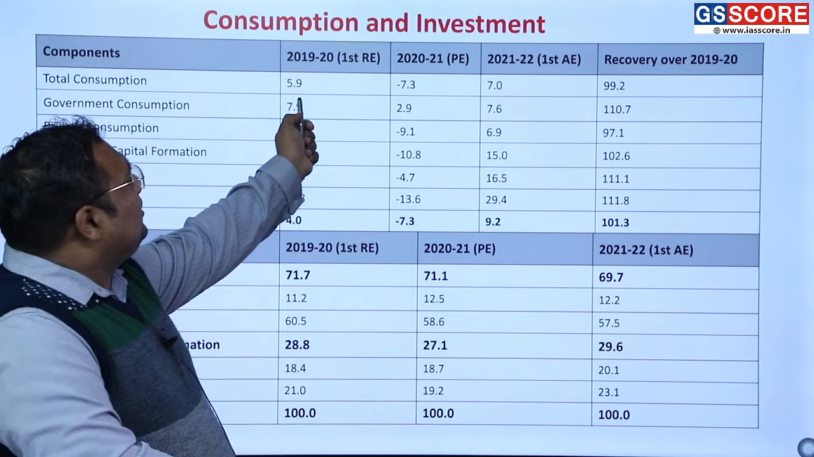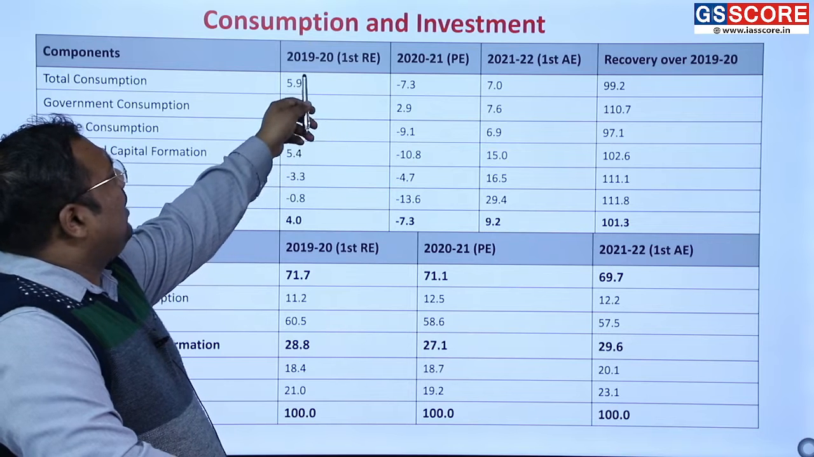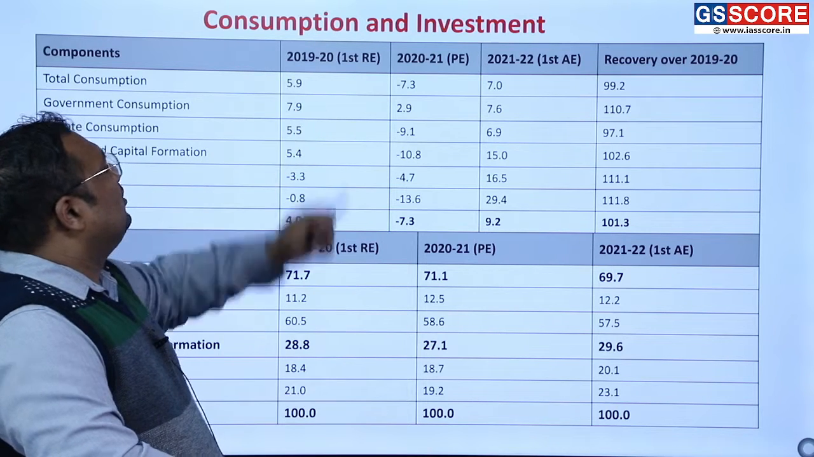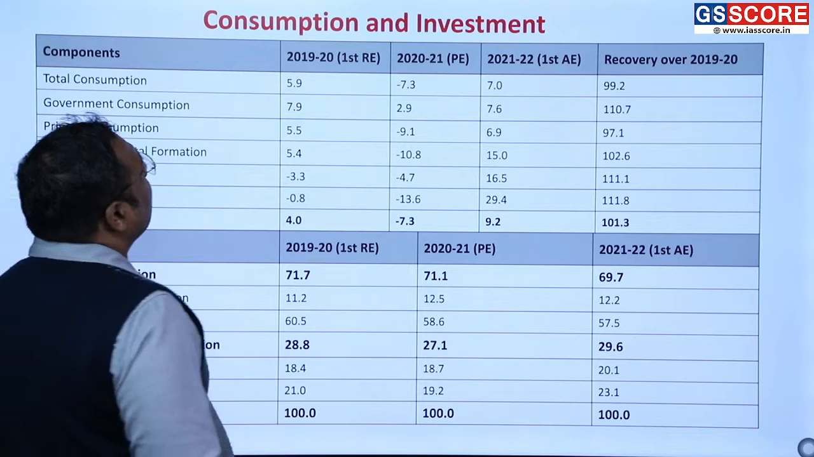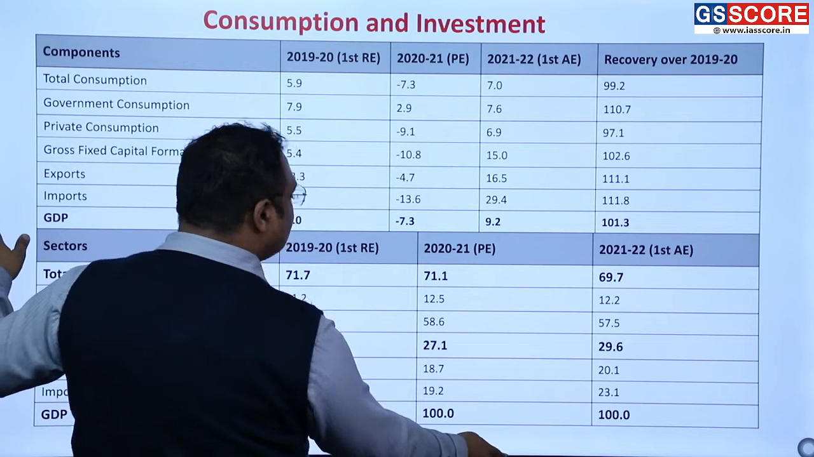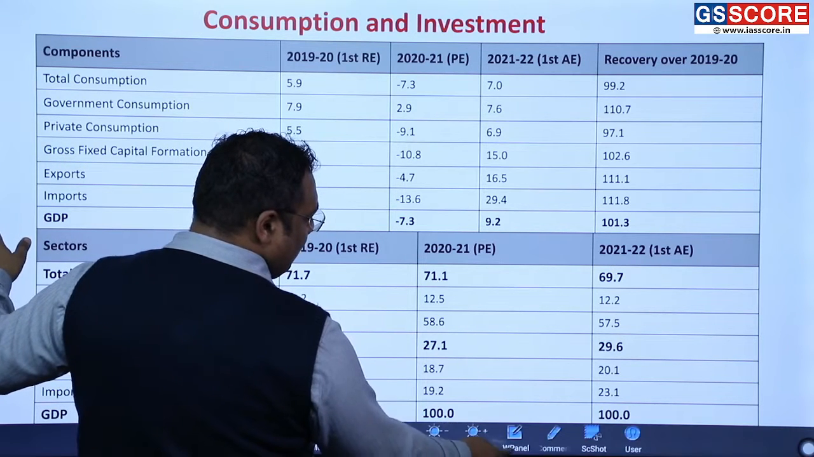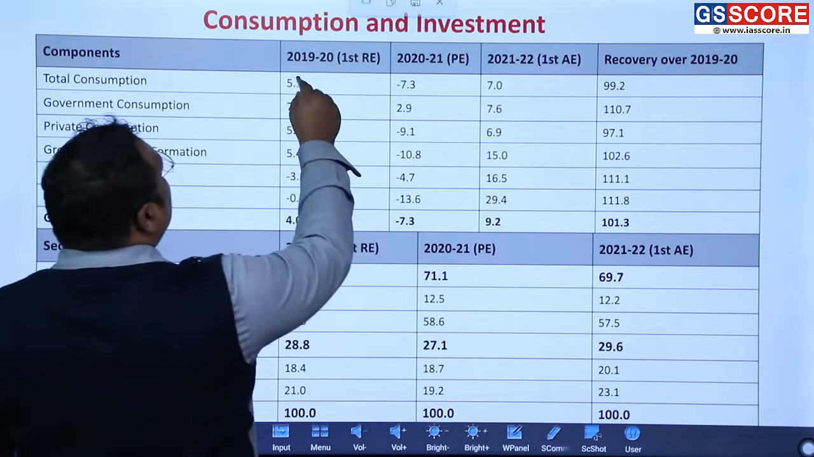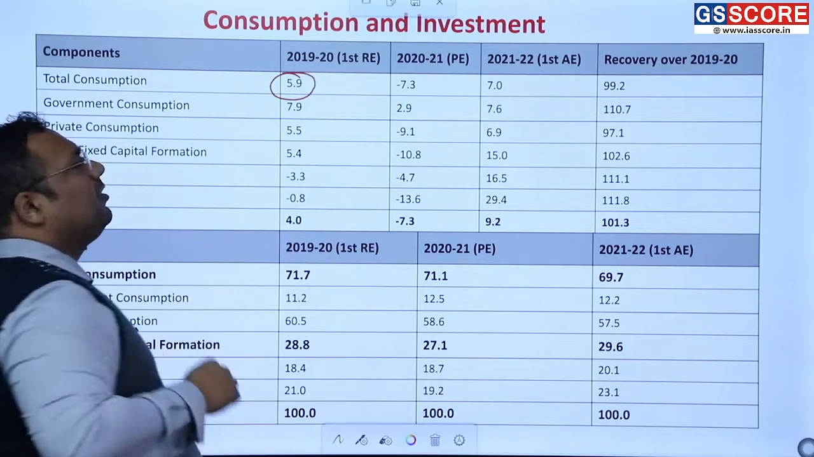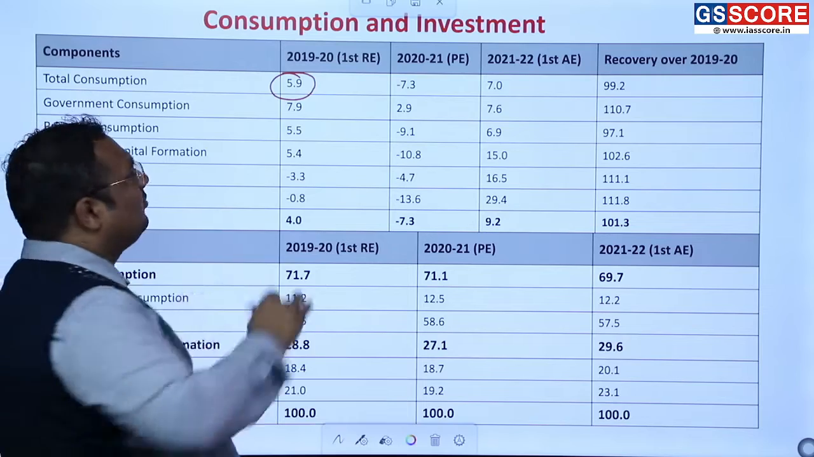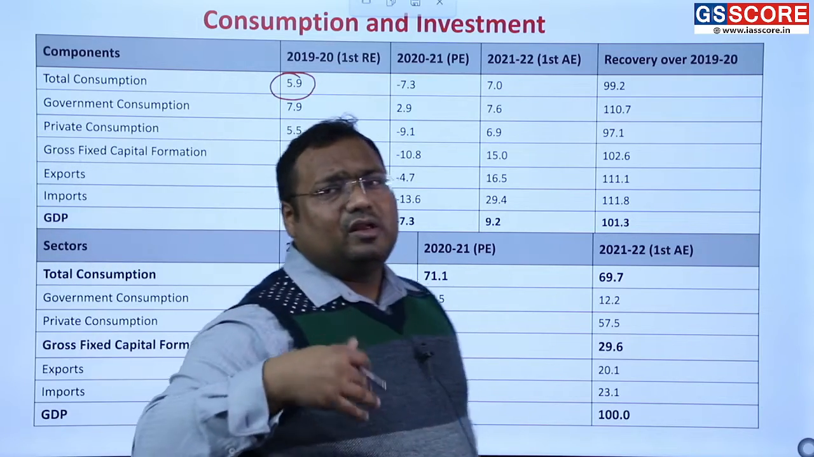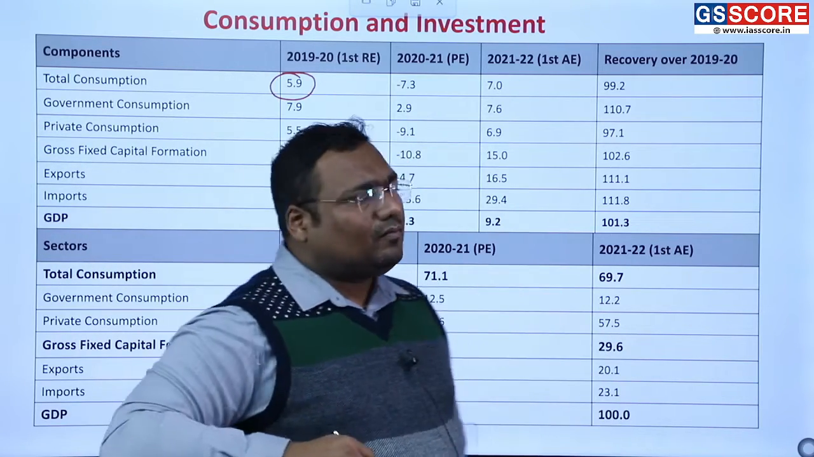The consumption in the country, this is the growth rate of consumption, increased by 5.9%. You can roughly call it 6% in 2019-20, the year before the crisis. But